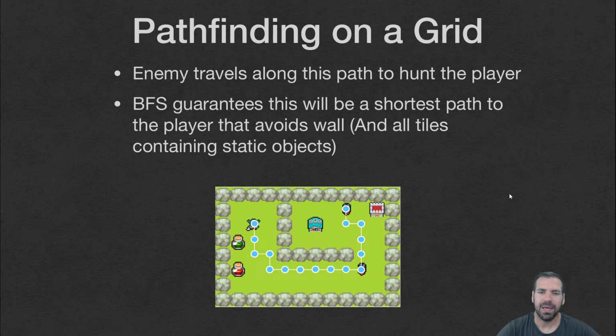And travel along that path. They're avoiding walls. They're doing everything they're supposed to be doing by using graphs and breadth first search to do pathfinding. That's all we need to do pathfinding, is graphs and breadth first search,